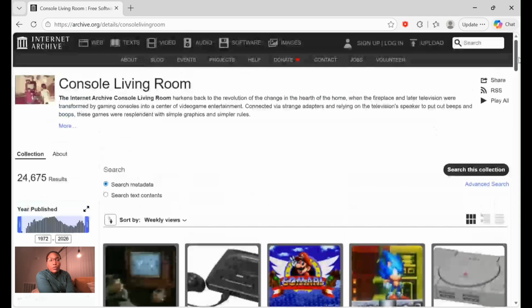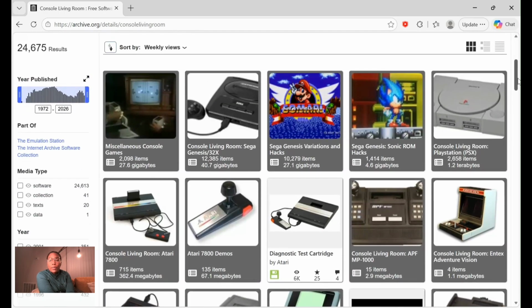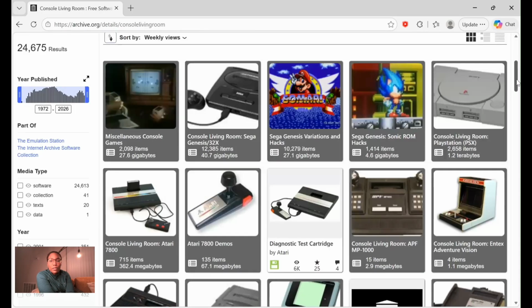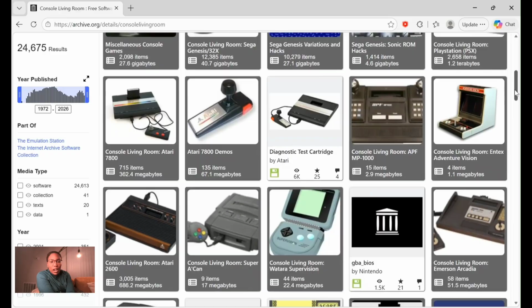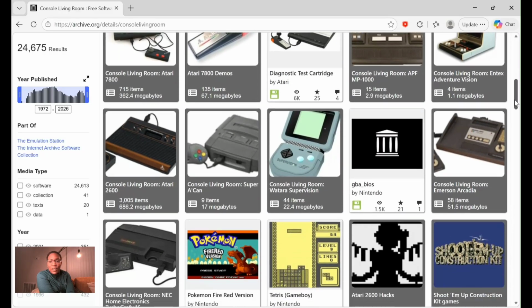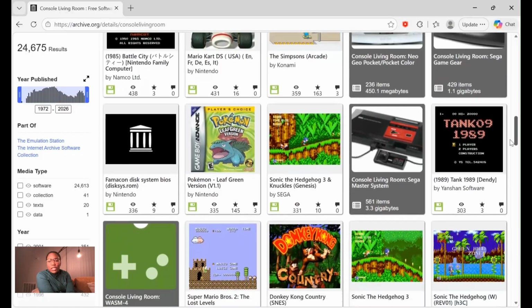So they chose the console living room, and so these collections are based on specific consoles or games made for specific consoles. As you can see, you have your original PlayStation, the Atari 7800, and so forth and so on, which is